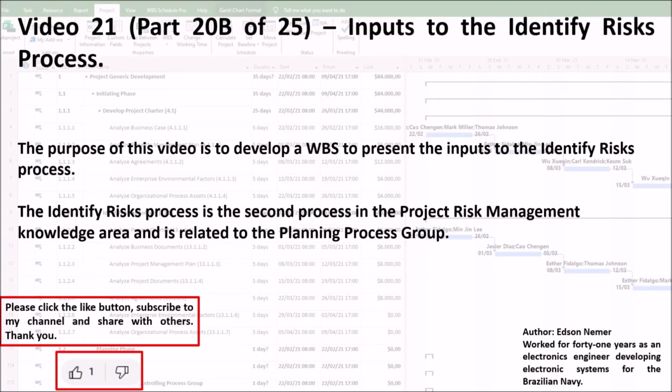Video 21, Part 20B of 25, Inputs to the Identify Risks process. The purpose of this video is to present the inputs to the Identify Risks process. The Identify Risks process is the second process in the Project Risk Management knowledge area and is related to the